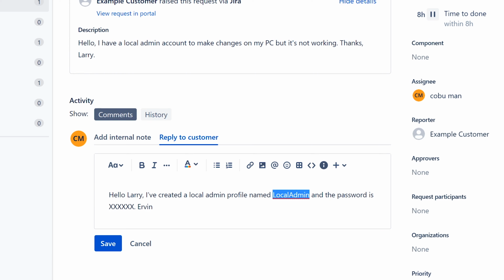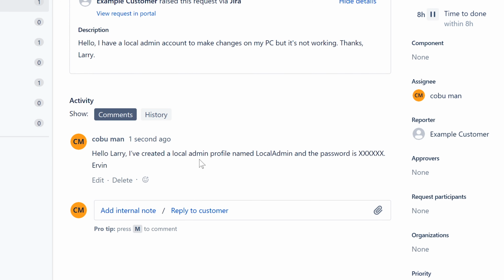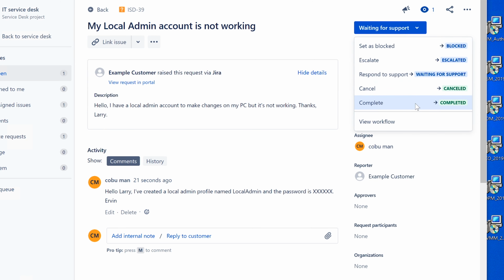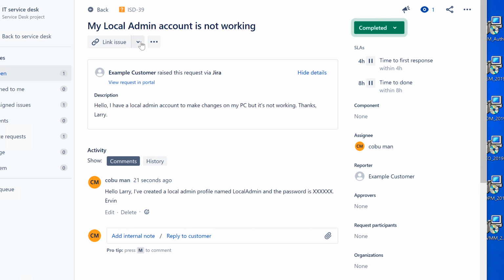As a matter of fact, I would just tell them what it is. But I'm just going to pretend like we're doing this, which you shouldn't necessarily do at all, because whoever looks at your ticket, and God knows how many people, they'll know what the local admin login ID and password is. So you might want to just tell him, or follow whatever the setup or requirements are for the company when it comes to giving out passwords like this